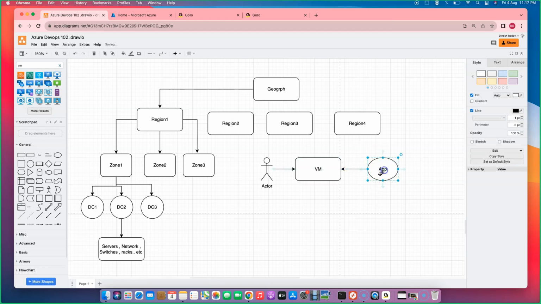But the problem with this is that this particular VM may belong to only zone 1, because this VM will be provisioned under one rack that is connected to one DC, and that DC is connected to zone 1. If all of a sudden something happens in zone 1, such as a power failure or some cooling issue, whatever the issue may be, your VM will not work because the entire zone has a power failure. Then if your customer demands that you maintain your application well even in such disaster scenarios,